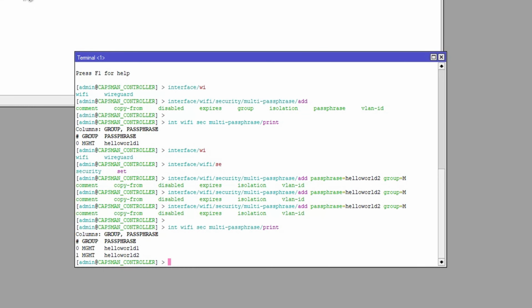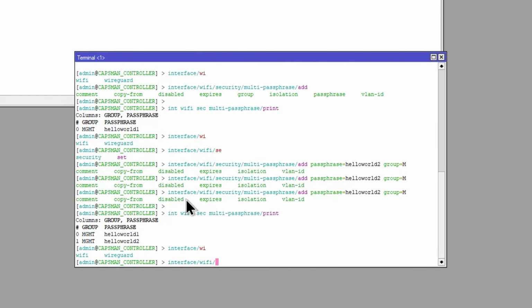Okay, now we're going to need to actually add a new group, and unfortunately, we can't do this bit via the GUI, or we could do it by the GUI and then just add the section afterwards. So I'll show you both ways of doing that. So again, interface Wi-Fi, security, and then we just add this time without the multi passphrase, and then we just give it a name of sec PPSK,